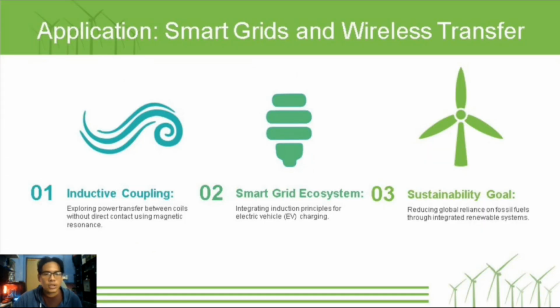Finally, we look at the future of this technology, which is smart grids and wireless transfer. We are now moving beyond traditional generators into a realm of inductive coupling. This technology explores transferring power between coils without any direct contact, using magnetic resonance. This is particularly revolutionary for a smart green ecosystem, as it allows the integration of wireless charging for electric vehicles, making green transportation more